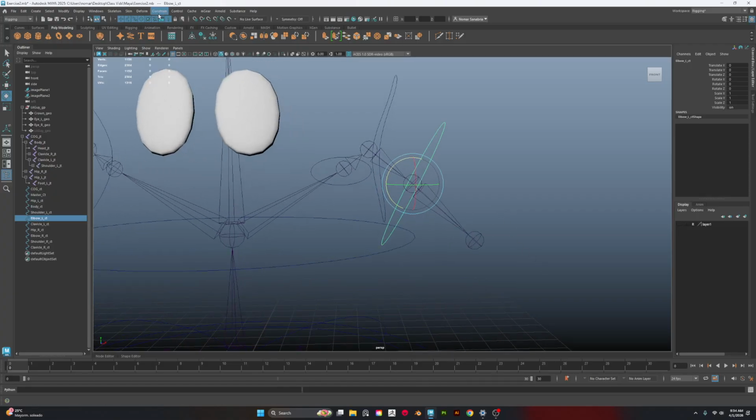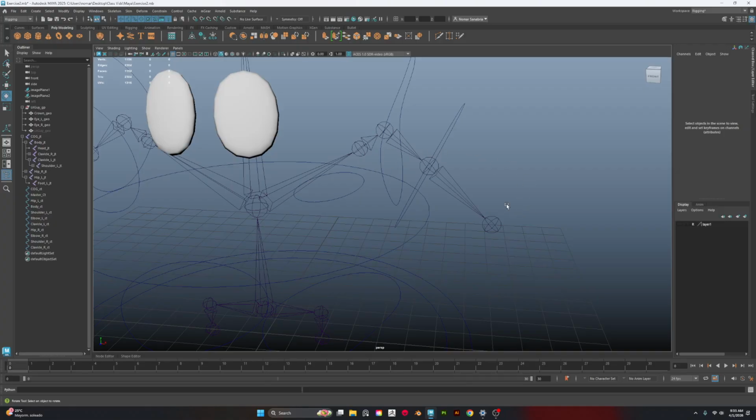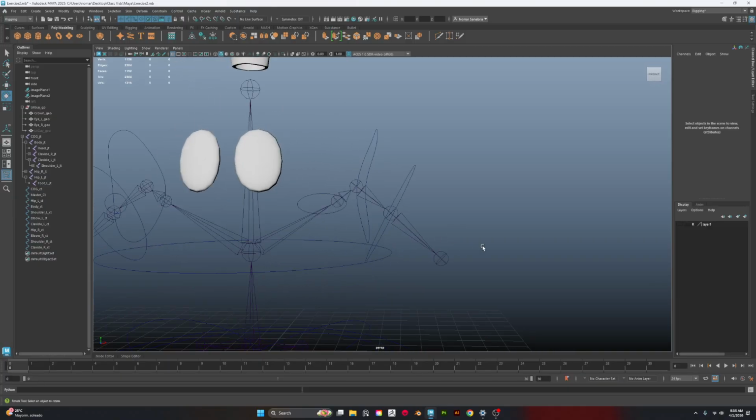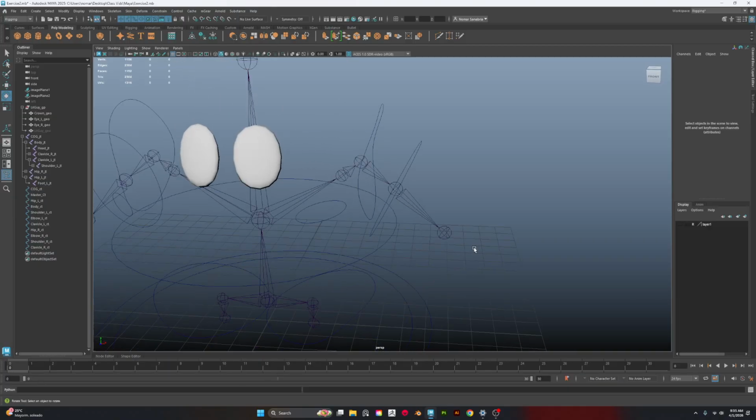So constraints, they're kind of similar to parenting. Again, super simplifying this. The difference is that constraints can be turned on and off. You can have keyframes for them. Animate. So for example, if you have a character holding something, you can constrain that object to their hand and then move the hand and the object will follow. So things like swords, or if they're taking something or placing it on a table, you would do it based